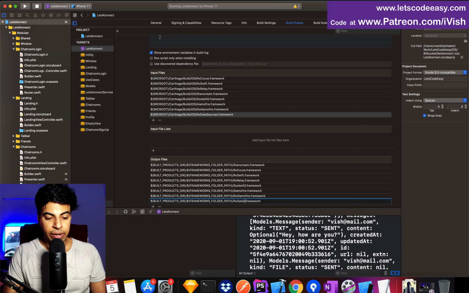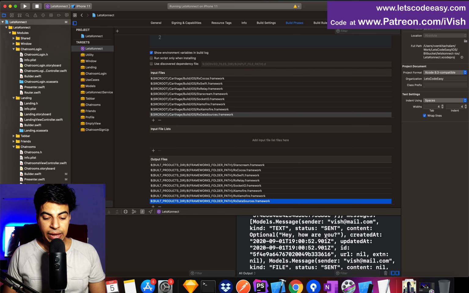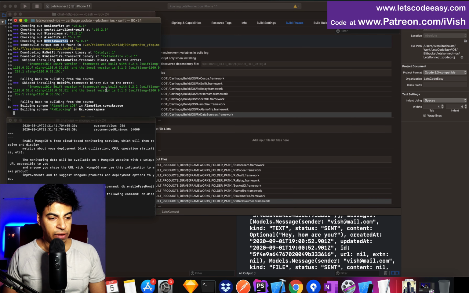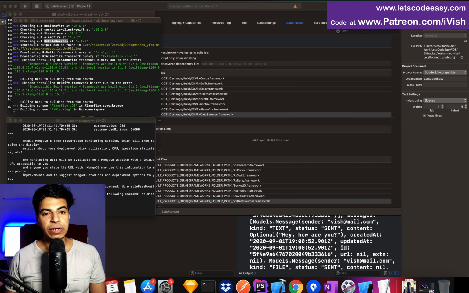And one more thing gets added along with it, called differentiator. It's again a framework, which allows you to differentiate between sections or cells. So let me also include that